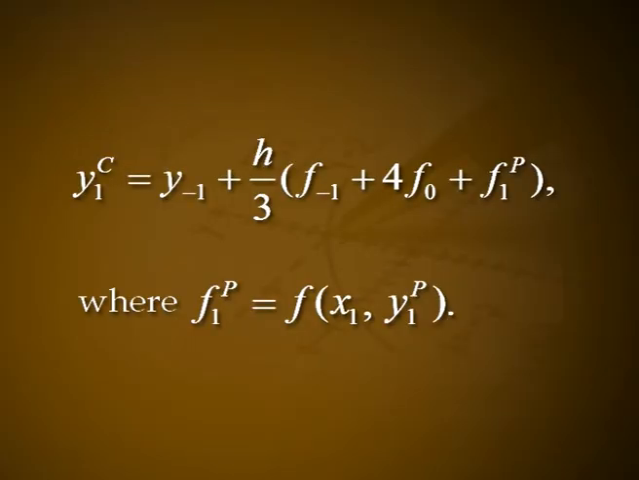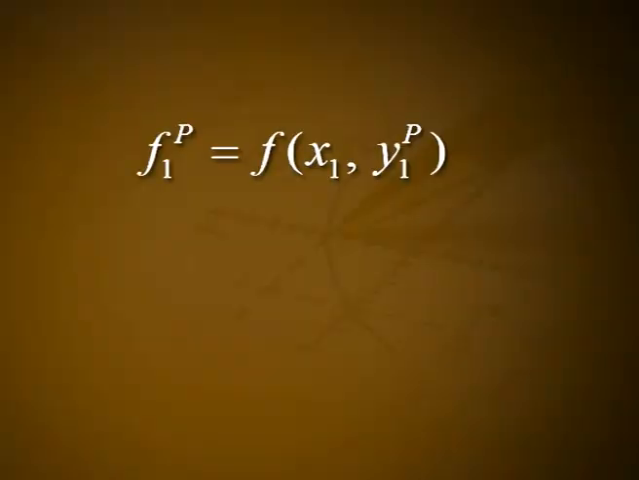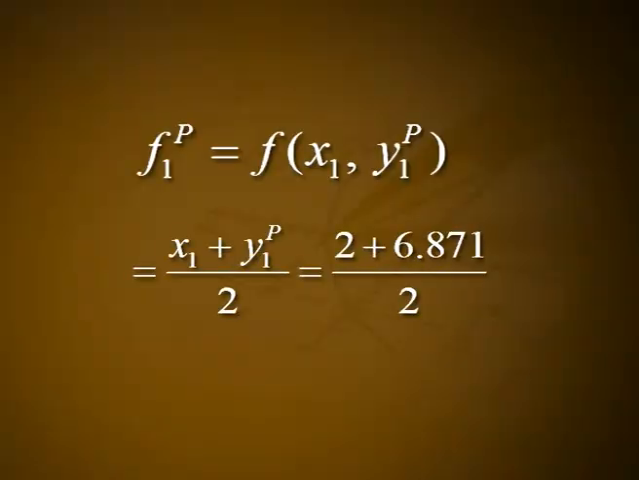y1c equal to y minus 1 plus h by 3 into f minus 1 plus 4 f0 plus f1p, where f1p equal to f of x1 comma y1p. Now, using the available predicted value y1p, f1p equal to f of x1 comma y1p, that is x1 plus y1p by 2, that is 2 plus 6.871 by 2, that is equal to